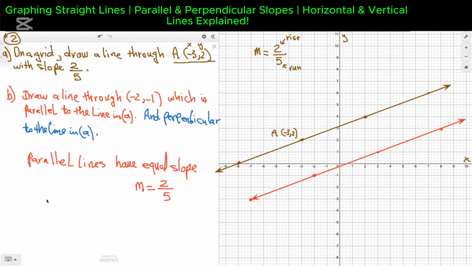Okay. Now let's go to the second part of question B. They want you to draw a line that's perpendicular to this line and is still going through the point -2 and -1. Now, if you have a line that's perpendicular to this brown line and going through -2 and -1, then when you draw it, it's going to form a 90-degree angle with this line. But that's not what you're after. You just need to know that perpendicular lines, when they meet, form a 90-degree angle. However, the blue line, which is perpendicular,